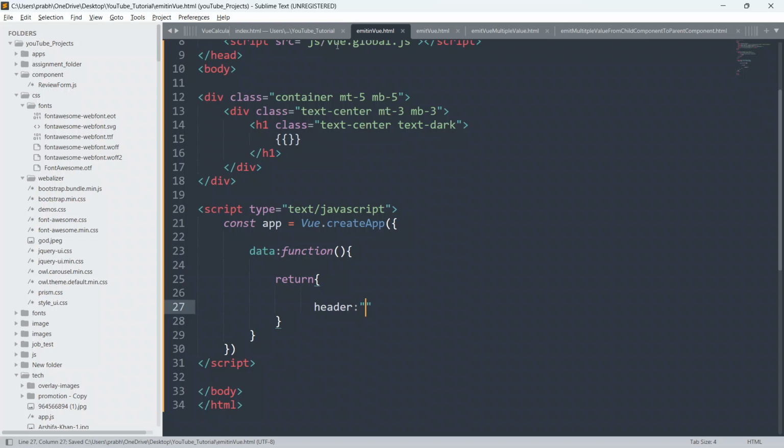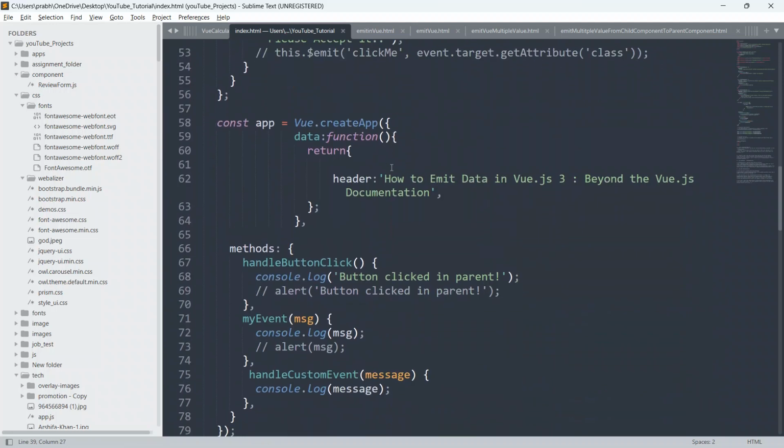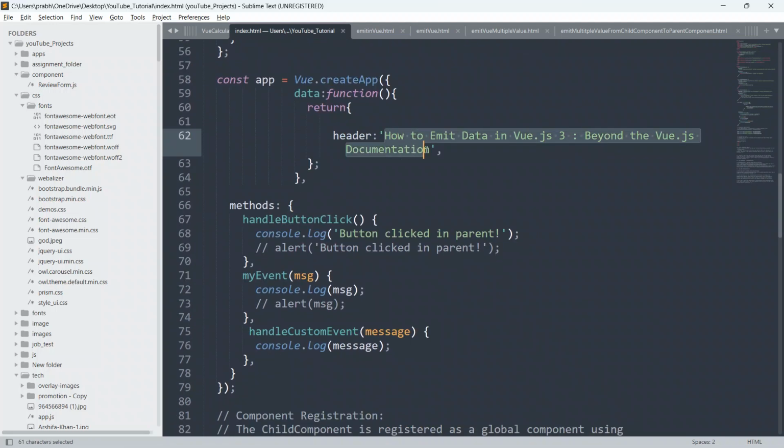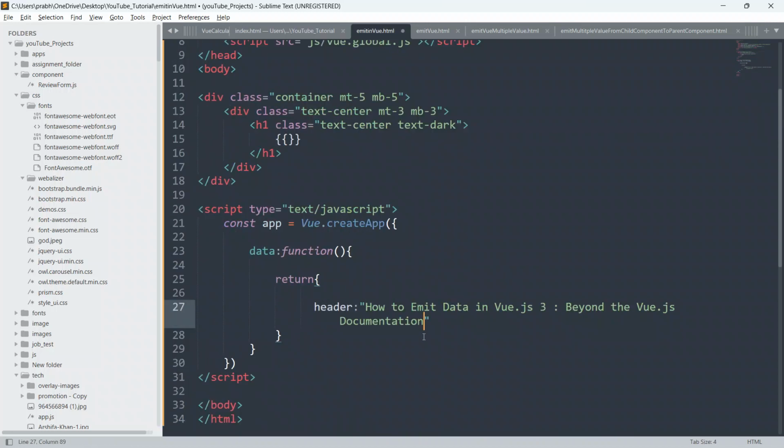Let me copy the text from the example. It is only text and nothing else. I'm gonna copy this text from here and paste it inside our header variable.